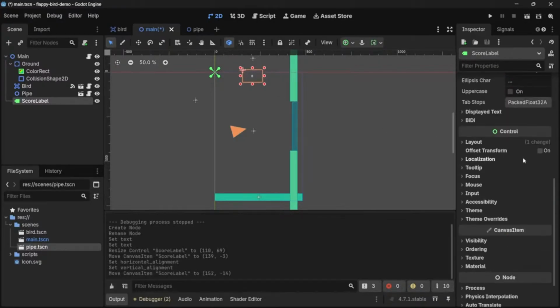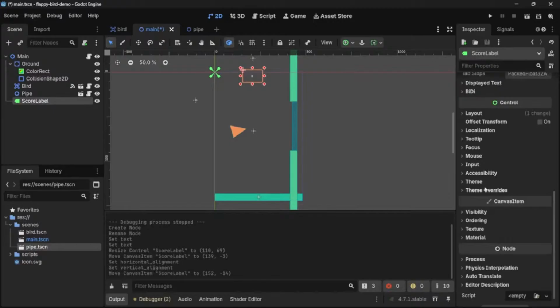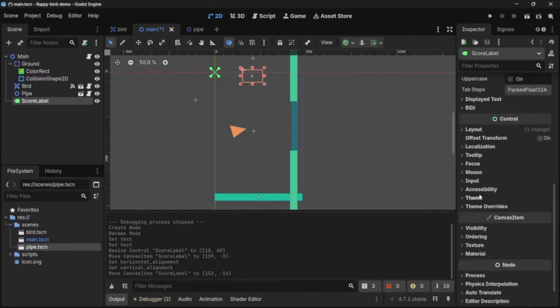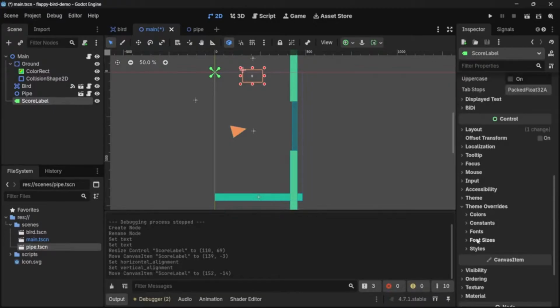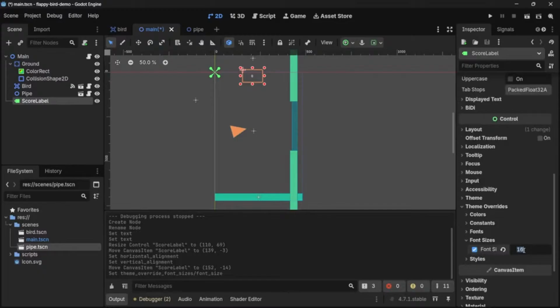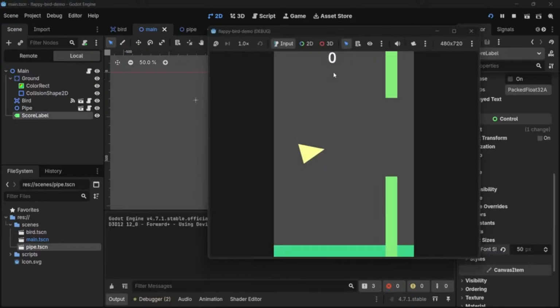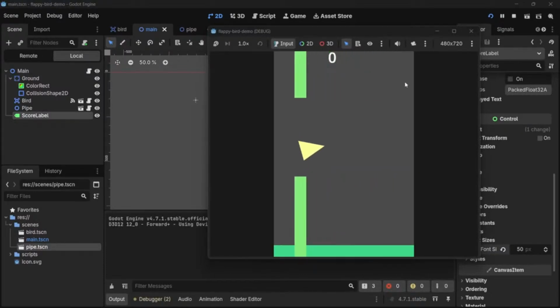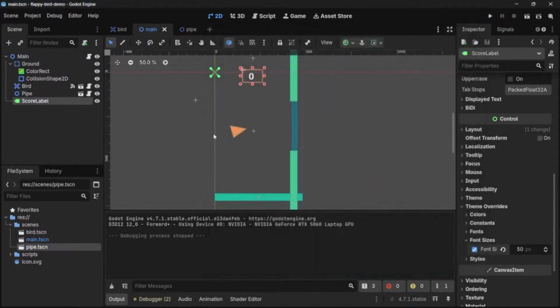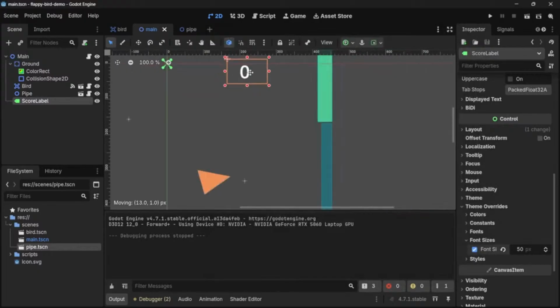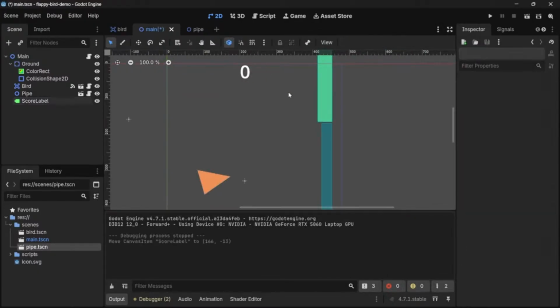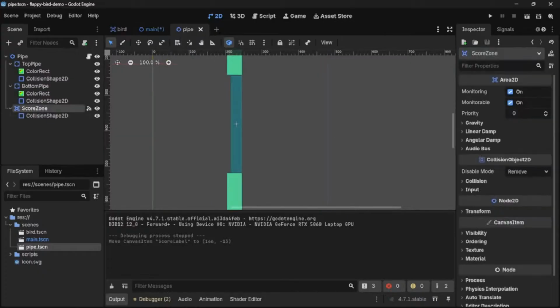That should be fine. And in our theme, you want to go to your font size. So in your theme overrides, in your font sizes, let's check this and set this to something like 50. Once you set this to something like 50, it should be slightly larger and visible on our screen. The only problem is that our score is not updating. This is also slightly towards the center like so. And in our pipe,